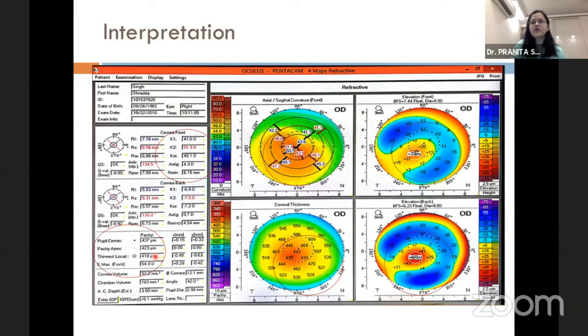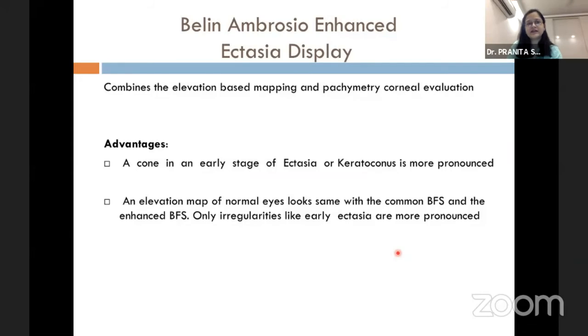And next we look onto the elevation map. If we look at the elevation map, the anterior elevation is going up to plus 33, and a red zone can be seen in the central 5 millimeter zone. And the curvature map is showing inferior steepening, that is, the red spot or the hot spot area is in the inferior part. And the pachymetry map is also showing a hot spot or a red area suggestive of thinning. So we have inferior steepening corresponding with an area of thinning, and both anterior and posterior elevation in the same areas, all of which is suggestive of corneal ectasia.